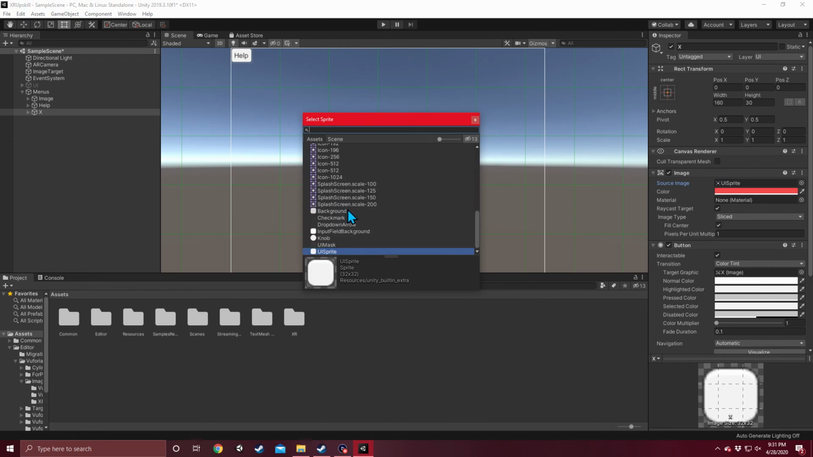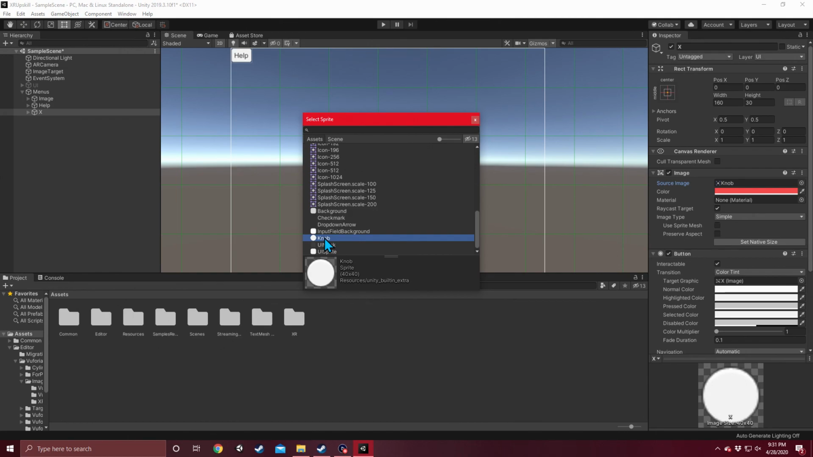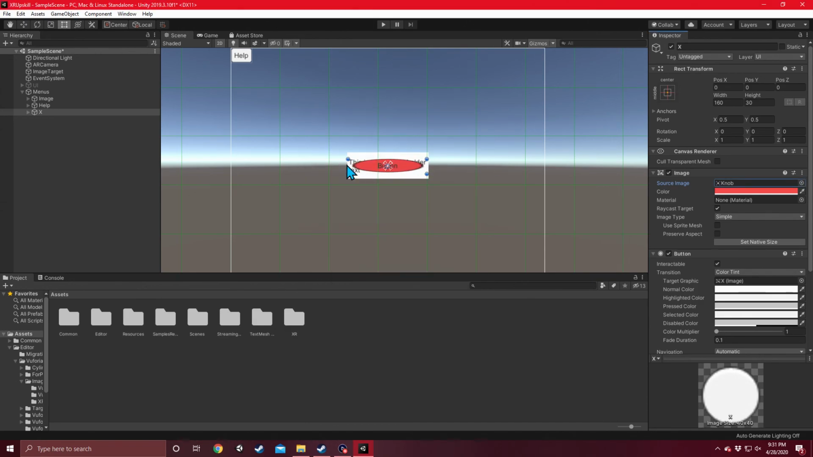A sprite is just a 2D image that I can use to change the background of this button. So for this, I'm going to choose knob, because that's going to make it into a circle, so it'll look a little bit different than our help button. Once I have it selected, I'm just going to exit out because you notice that it has already changed the shape. It hasn't given me a nice circle because we have a rectangle for the button. So I'm going to click and drag the edge and bring it in. So now I have a nice circle here,